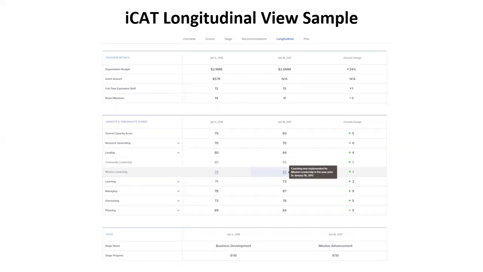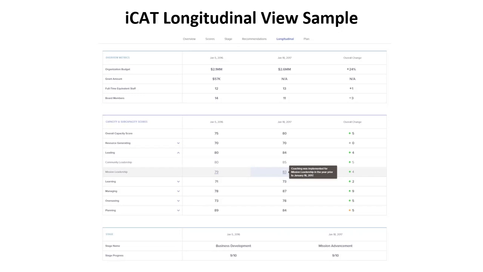And so eventually, if you choose to continue to take the iCAT on an annual basis, you will be able to get this longitudinal view of what your scores looked like when you first started, what your organizational capacity was, and take a look at your progress over the years.